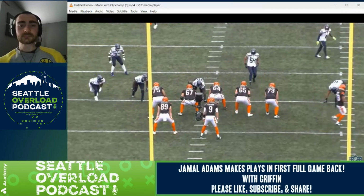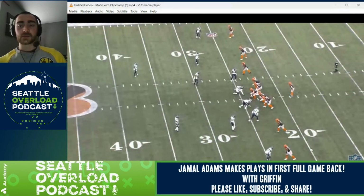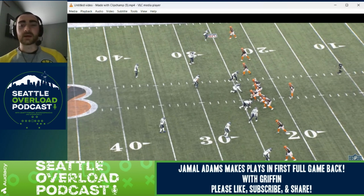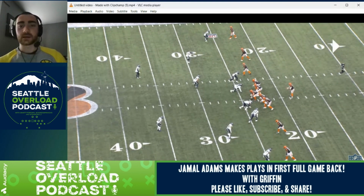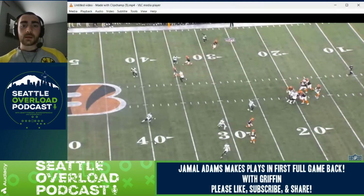So yeah, here's one last play. Kind of showing the same thing as the last one, where it's not necessarily particularly impressive, but it just shows that he knows what he's doing out in the field. What are they playing here? Quarters. They're playing quarters at the bottom. Might be palms specifically, but up top,